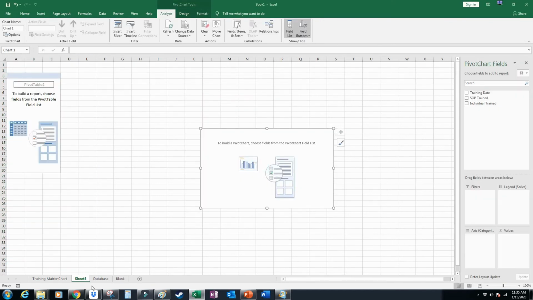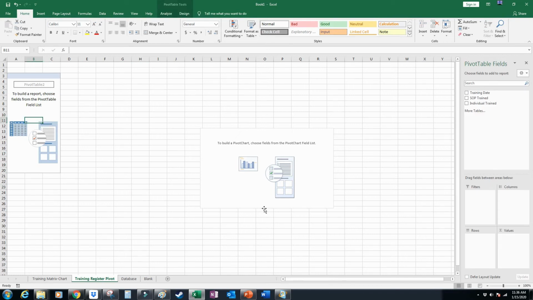I'll hit OK. And you can see that a new worksheet has been created, and I now have a pivot table based on my database. So we'll just help ourselves out here. We'll name it training register pivot. We're not going to use the chart so much as we're going to use the table for this particular piece of analysis, right? Because we don't need a graph representation of training so often. But all of my top columns are now listed here in terms of my pivot table fields. So let's go ahead and